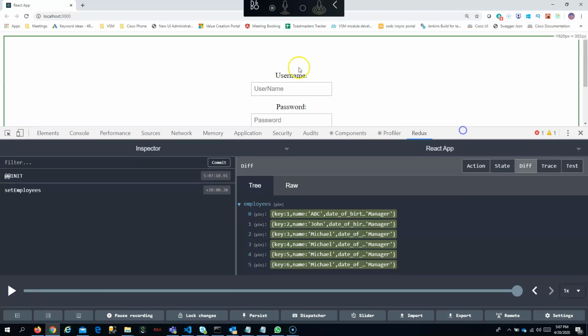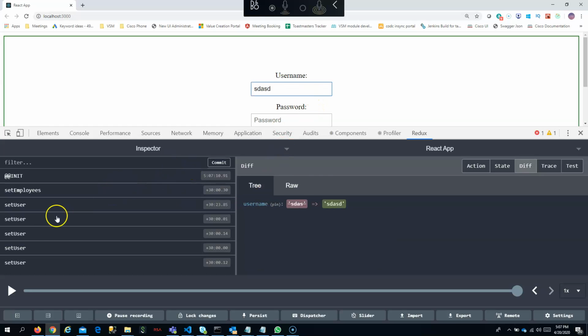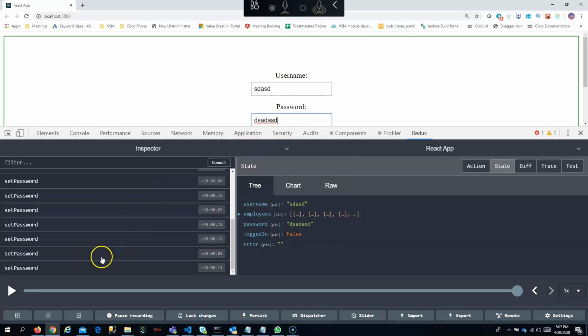Maybe when you type itself, you can see this is the action which is getting passed and what is the latest state also you will be able to see. Whenever you set password, you will be able to see the password action going, and for that what is the latest state also. When you press on the latest action, you will be able to see the state also. If I go inside the application also, you should be able to see,